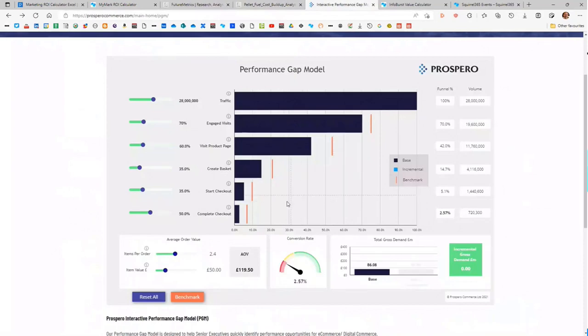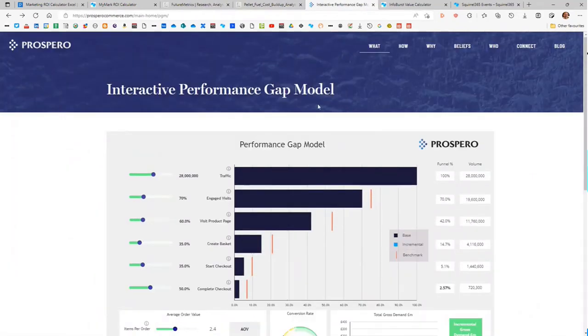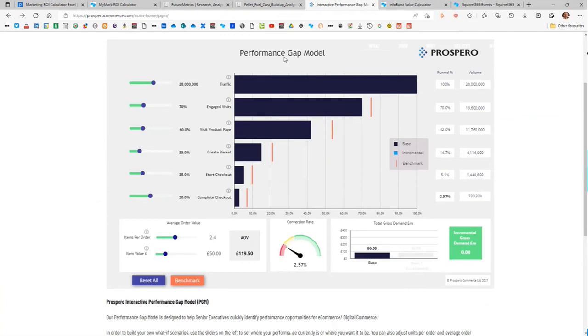This is one that Prospero, an e-commerce consultancy, uses. This is embedded, so this gray bit in here is a Squirrel project. You wouldn't know it, it's just embedded in the website. But again, all of the capabilities that we've seen before: the ability to move the sliders and see what's going on when we do different things, maybe the ability to reset it or put it to a particular